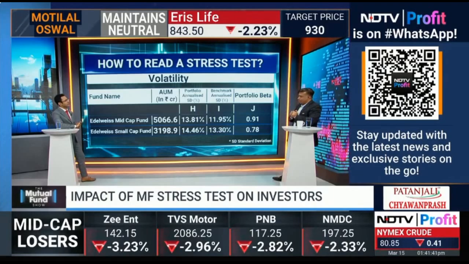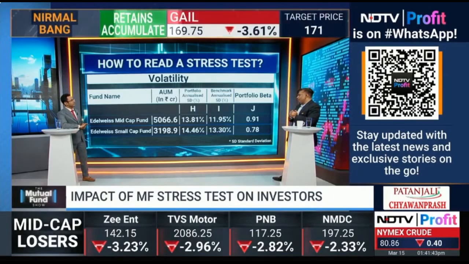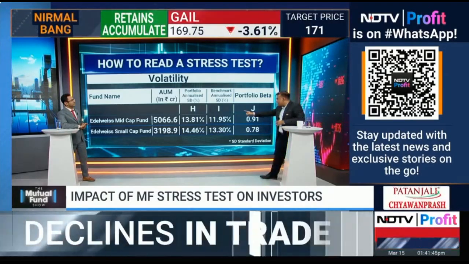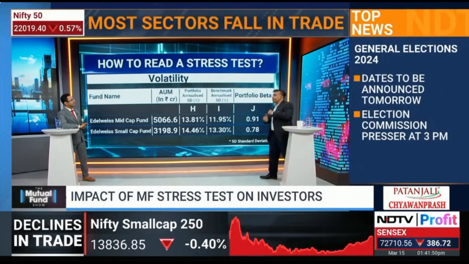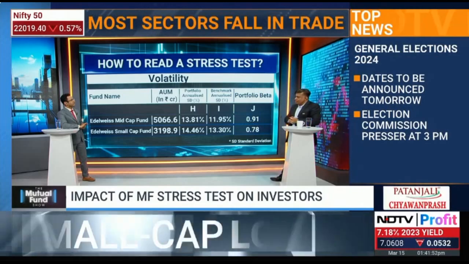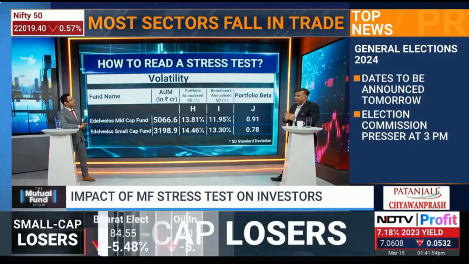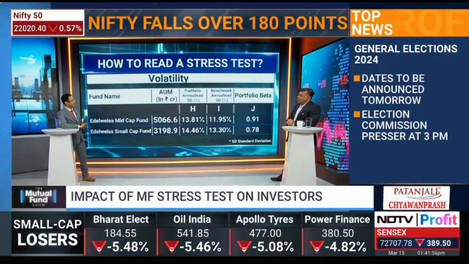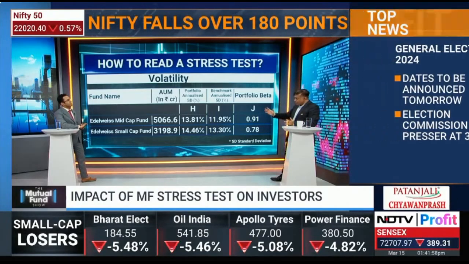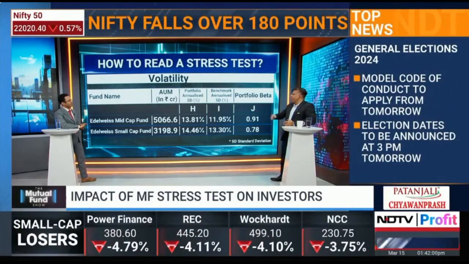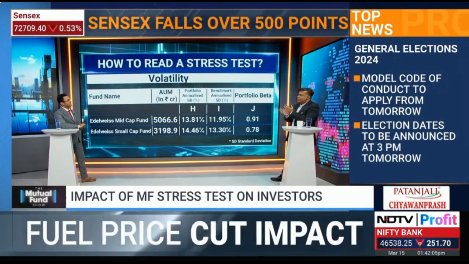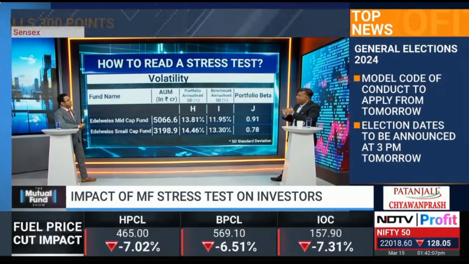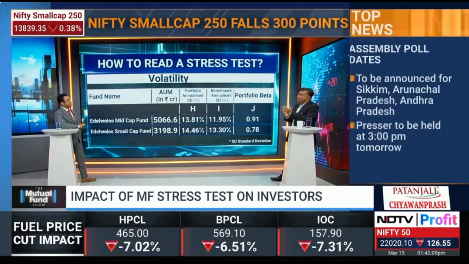Ultimately, our holy grail is if we can manage the portfolio, not taking significant deviation from the index, but still outperforming the index in a meaningful way. For example, over 10 years, our mid-cap fund, this is of course disclosed data, has outperformance of close to 200 basis points over 10 years, while managing the standard deviation in a range. That is what we call the Sharpe ratio, one divided by the other, and a high Sharpe ratio fund is the best fund to own.